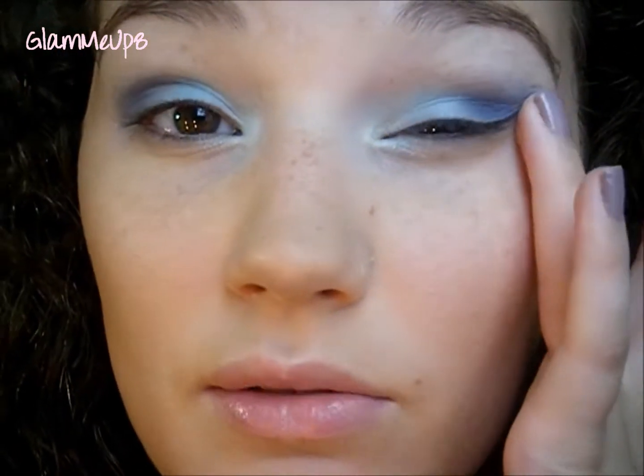But I want to make this a little bit more dramatic, like a nighttime smoky eye, so I'm just going to continue on with the look, but I would probably stop right here for a daytime. That way it's still kind of like a daytime smoky eye, and then just add the liner and the mascara and you'd be done. So then I'm going to take a blending brush like this one,